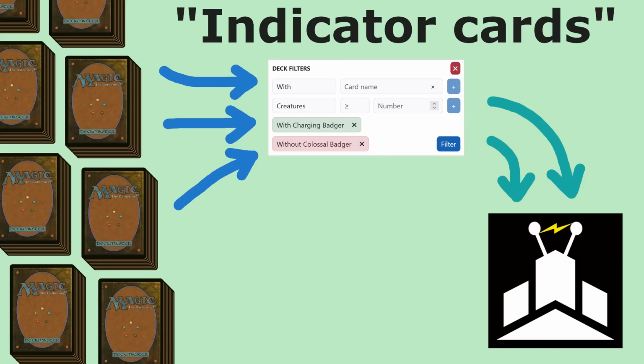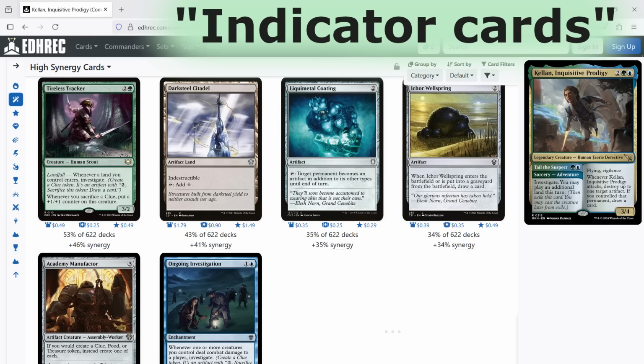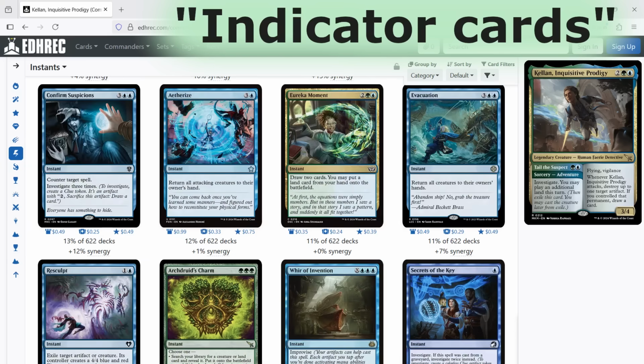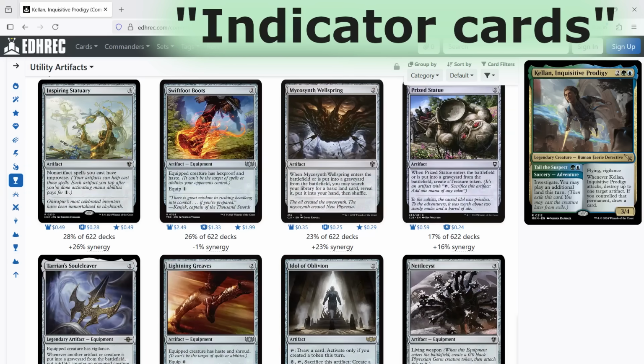For example, if we go to the page of Kellan, Inquisitive Prodigy, we see a melange of different elements, but the most prominent ones are things involving clues, which kind of makes sense given that green-blue clues is an established Innistrad archetype. This is going to be helpful to some people, but what if I'm looking for a higher curved deck, maybe even considering the inclusion of Keruga as a companion? In that case, this page won't do much for me before a bit of filtering,